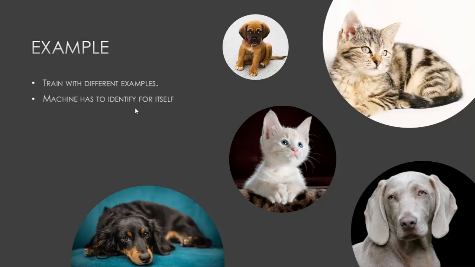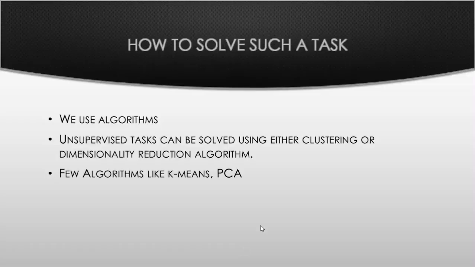The machine has to identify for itself which group that data will fall in, and so we solve this with various algorithms like clustering or dimensionality reduction algorithms. As I've already explained, this is solved either by using clustering algorithms or dimensionality reduction like PCA, and k-means and k-median are clustering algorithms which we can use. And this video is already there. I'll provide a link so that you can understand what k-mean and k-median really mean,